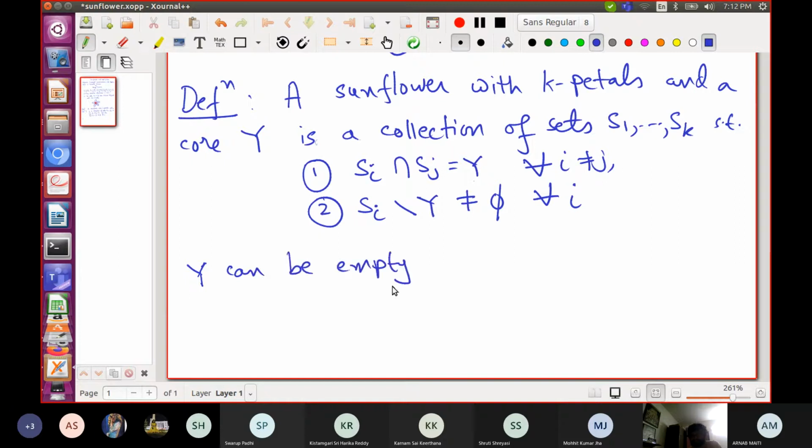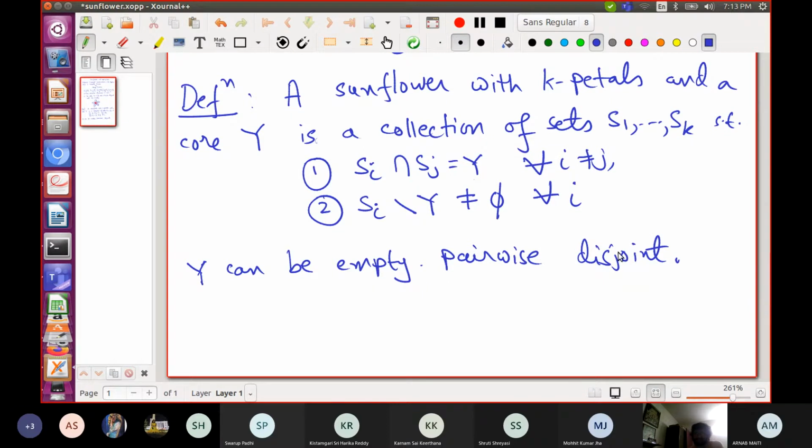And as you can see, if Y is empty, the sets are all pairwise disjoint. So a bunch of pairwise disjoint sets is a sunflower with an empty core.